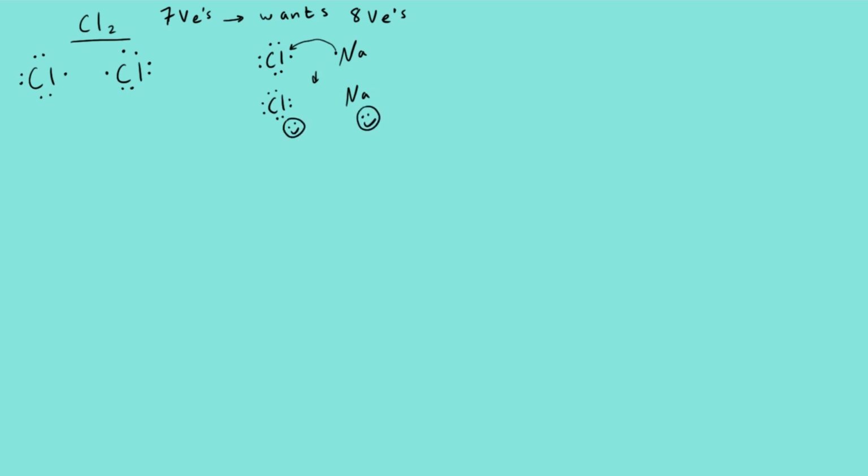But over here on the left-hand side, our actual example, we don't have any sodiums in this situation, let's say. What if it's just a pile of different chlorine atoms? Well, what's going to happen is that these chlorines are going to make a deal with each other. They're going to say, okay, we're not in a situation where either of us can get what we want, because both of us just want someone to give us an electron. So instead, they're going to make a little bargain, and the bargain is going to be, well, why don't you give me an electron for part of the time, and then for part of the time, I'll give you an